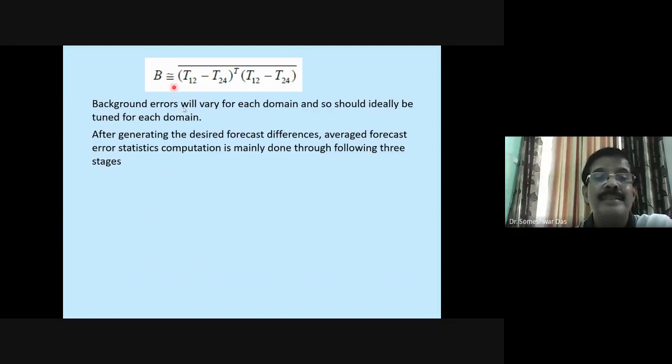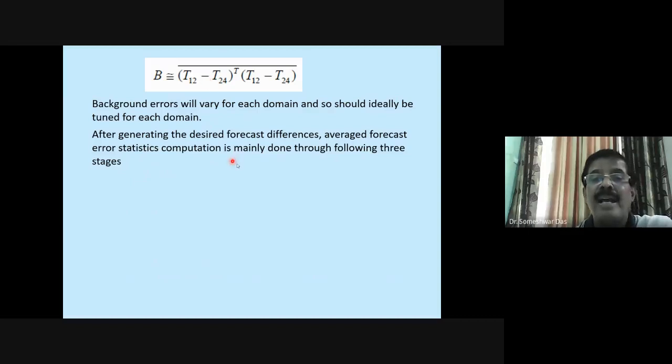So the computation is mainly done through the following 3 stages: generating desired forecast differences and averaging the forecast error statistics. After computing the differences between the 24 and 12-hour forecasts for the entire month, that gives a representation of the forecast error or the background error field.